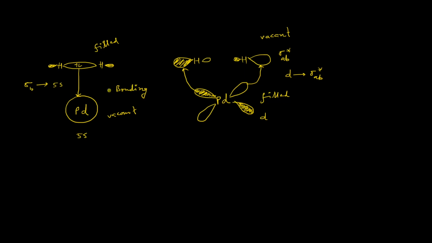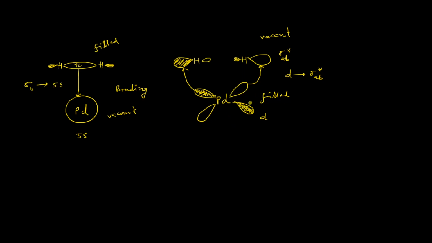Since here the electron is coming from the bonding orbital of hydrogen, as we know, removal of bonding electrons decreases the bond order. Also here palladium is providing its d electrons to the antibonding orbital, and we also know that accommodation of electrons in an antibonding orbital also decreases the bond order. So overall, both these processes are weakening the hydrogen-hydrogen sigma bond in the hydrogen molecule.